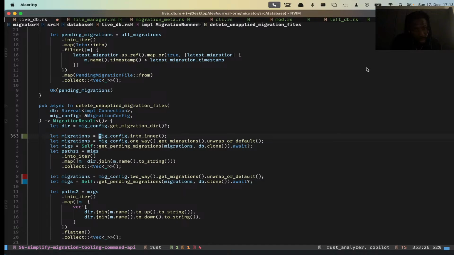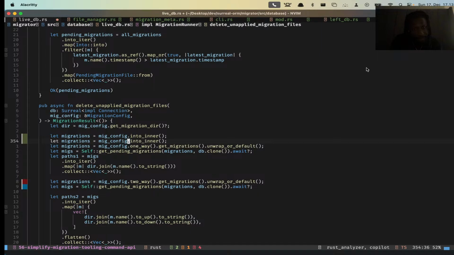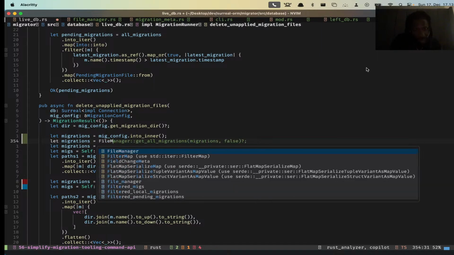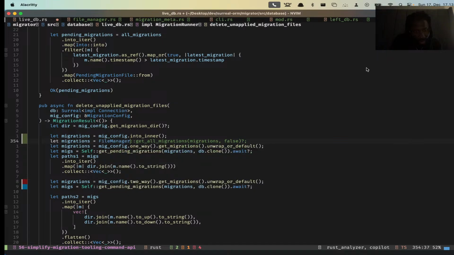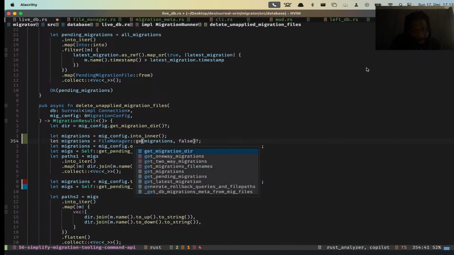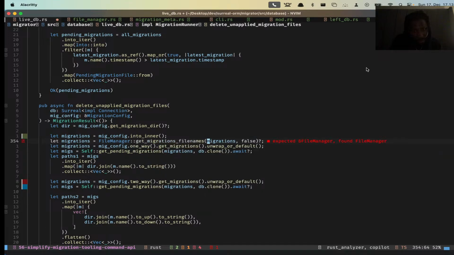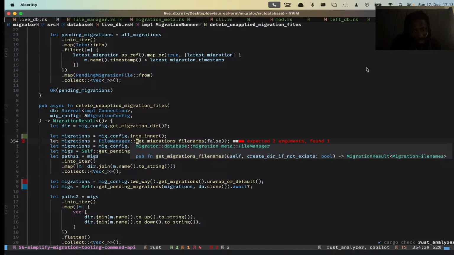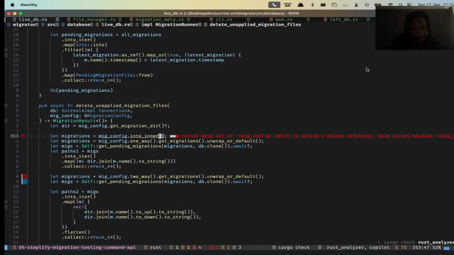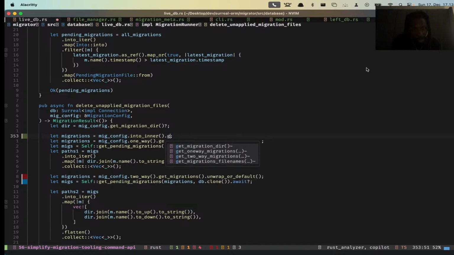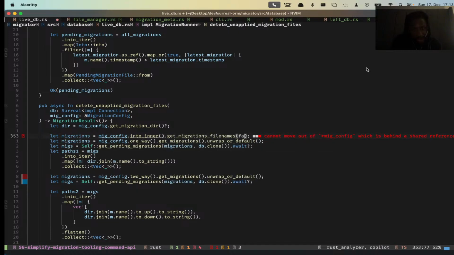So technically we can do something like file manager. Do we want to have access to it? Get migration file names. Oh, it's actually an associated function, so we can do get migration file name, and this would give us